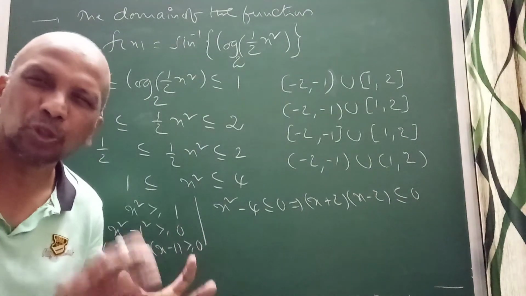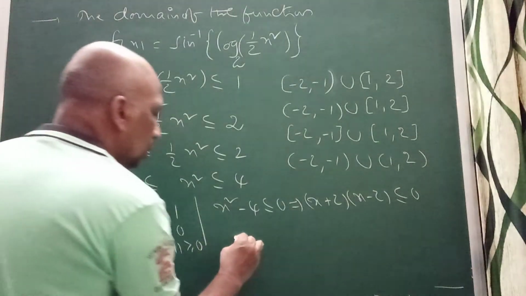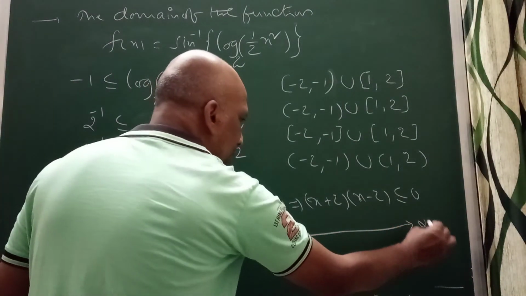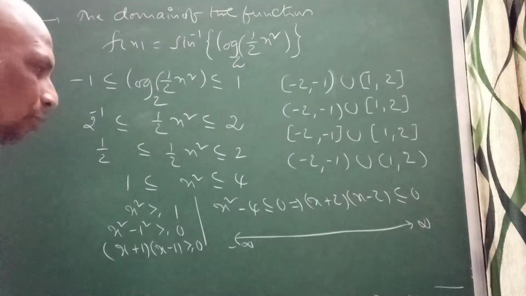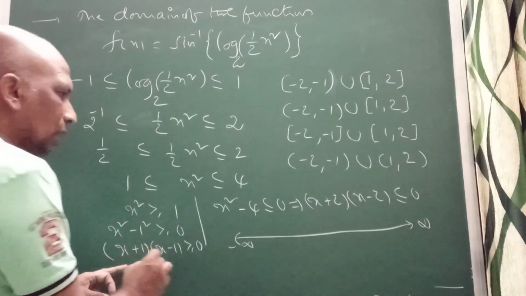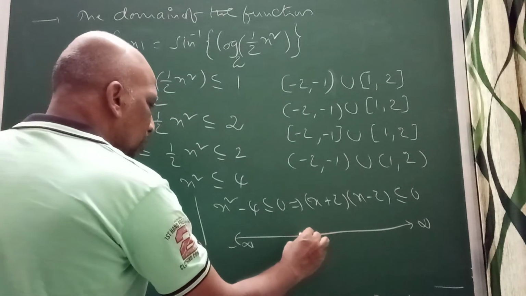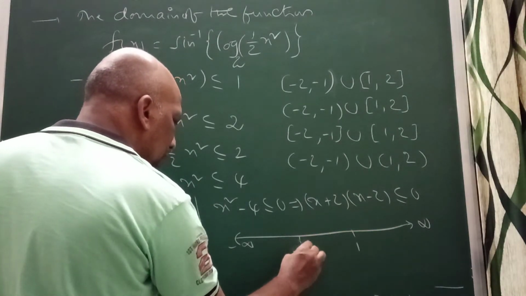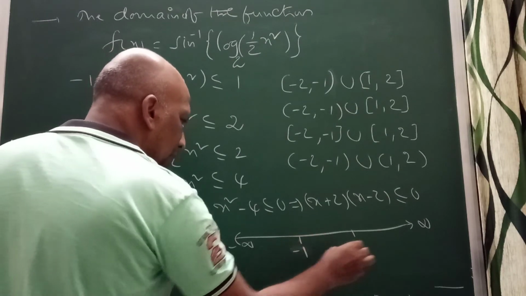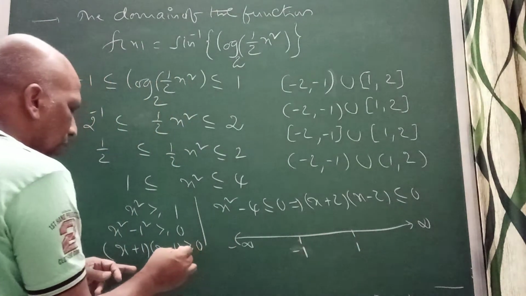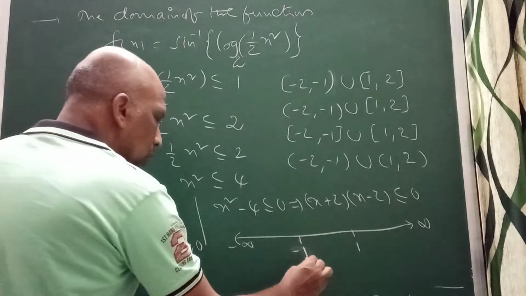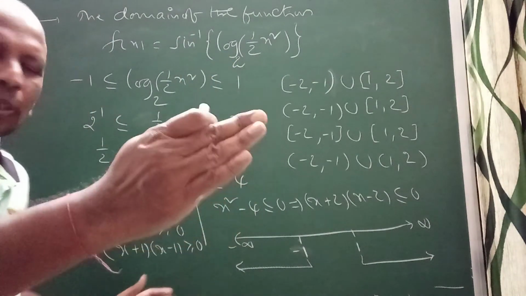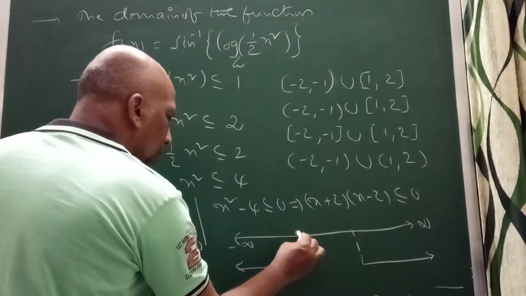I want a common solution of this, common domain. So you can think of the common domain as minus infinity to infinity, right? I'm trying to divide the common domain. Now you can see here, I can write the values here. This is minus 1, this is 1. What can I conclude here? I have taken minus 1 and 1 here. This one does not lie between these two, so it will go like this, in both the directions, including these values.